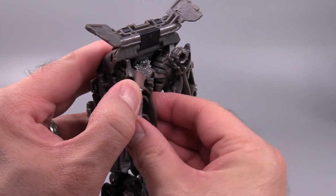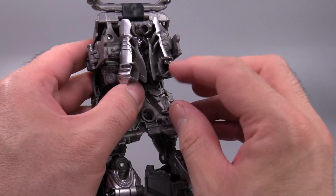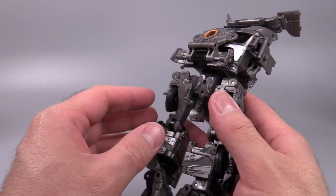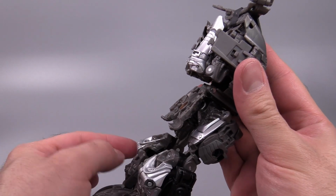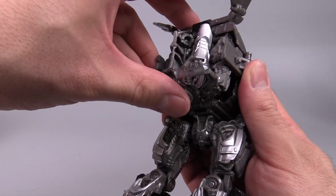What you actually want to do is fold them in as much as they can so that the blade, or the arm blades, are just touching. This will come into play later in the transformation. Next, we'll come down to the hips. Next, come down to that flap that you just flipped up, and flip it up till it touches the bottom of the elbows,